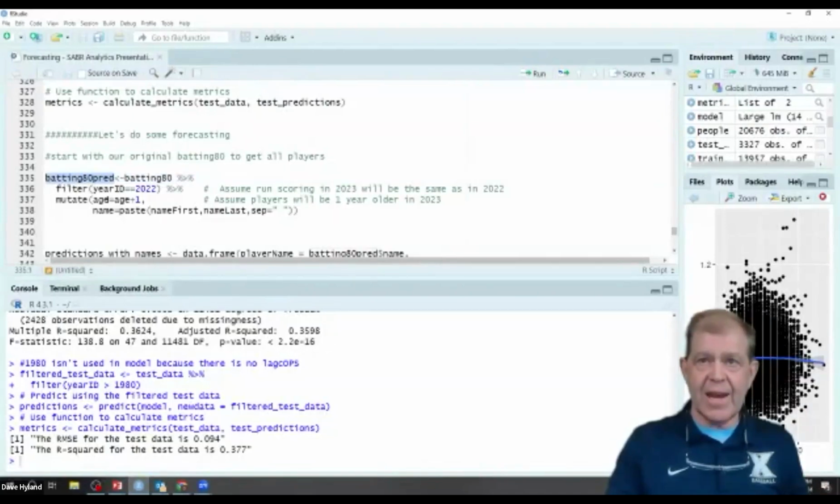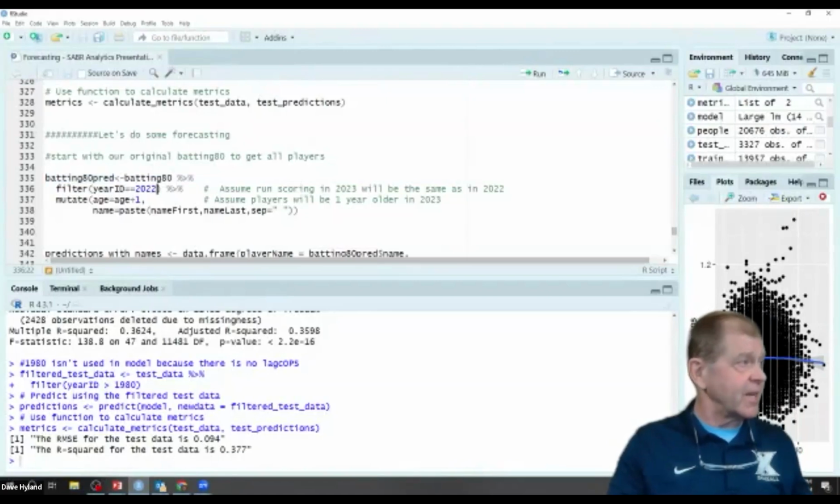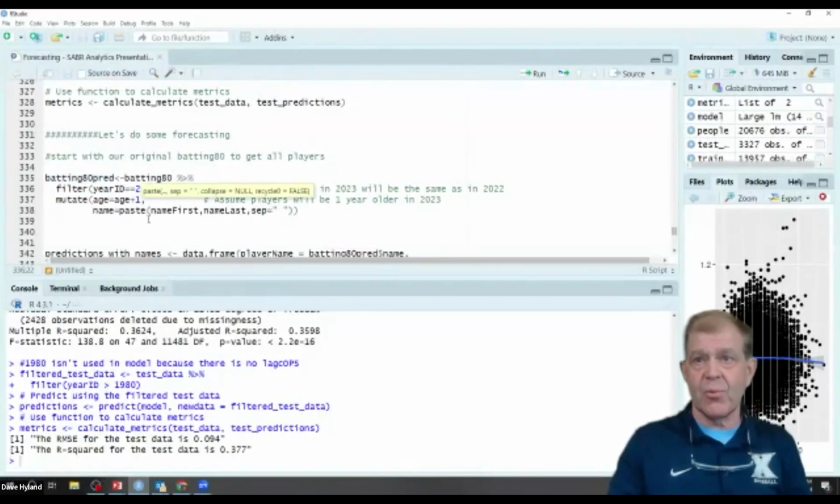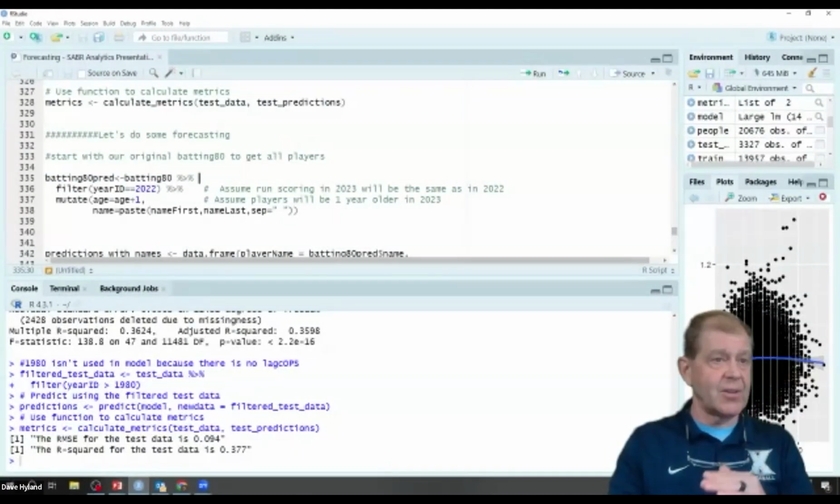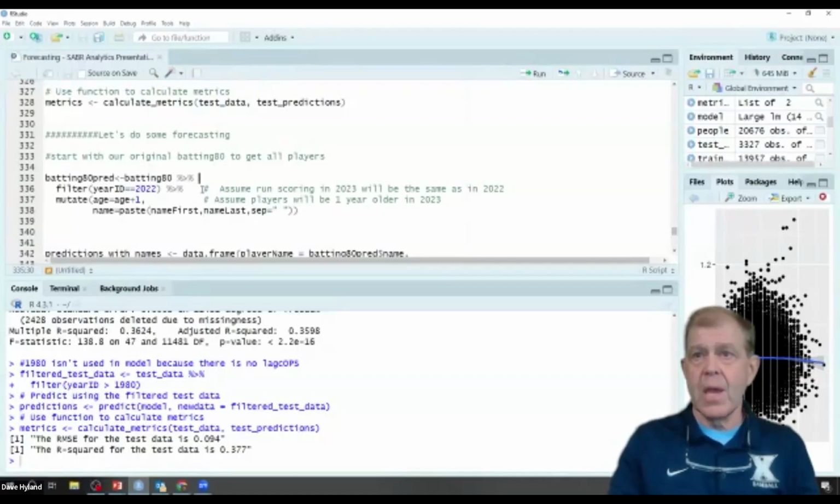That's going to be our new data frame. We're going to filter for just 2022 players. We're going to add 1 to their age because they'll be a year older in 2023. And we're going to assume the run scoring environment for 2023 is the same as 2022.